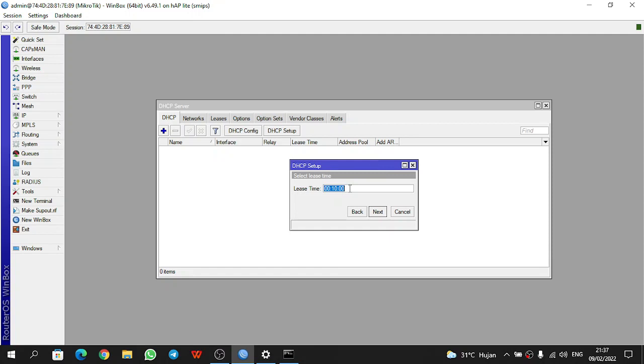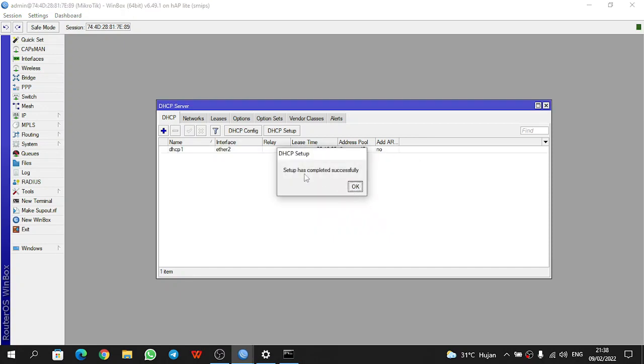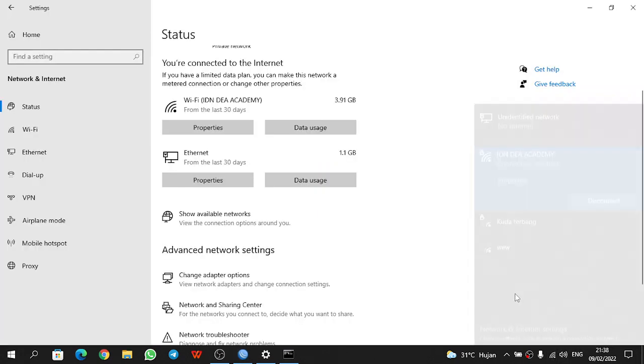For example, we can set the lease time, and then we can set the IP for maybe 10. Yes, next, and the setup has completed successfully. We click OK, and we can check the network.